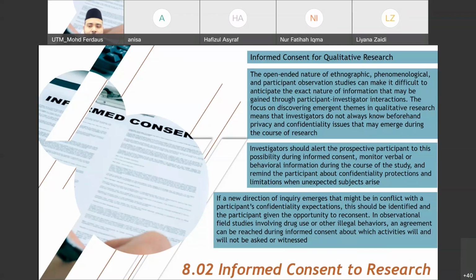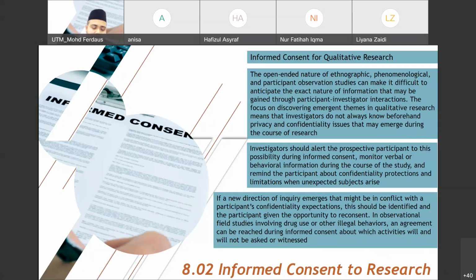Ethnography is basically where you go there. Say, for example, you want to study the Muslim community in Vietnam. You go there, you live with them, you stay there for three months or six months. You try to understand what their activities are, what their values are, what practices they are doing, and how they shape their culture there.